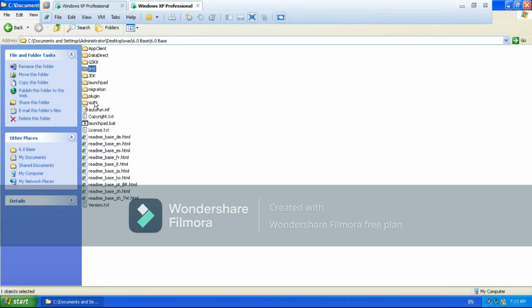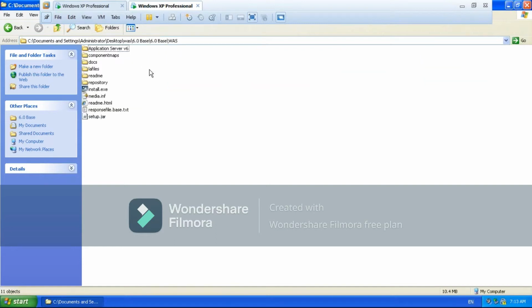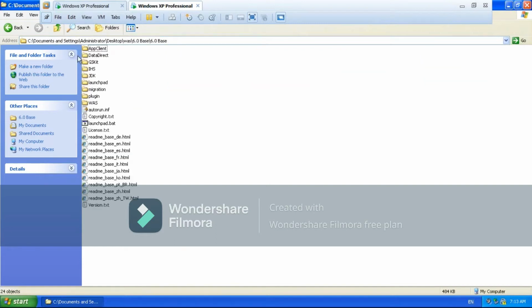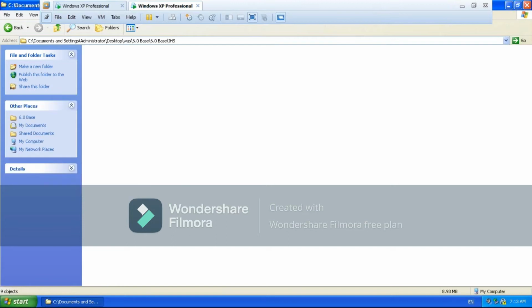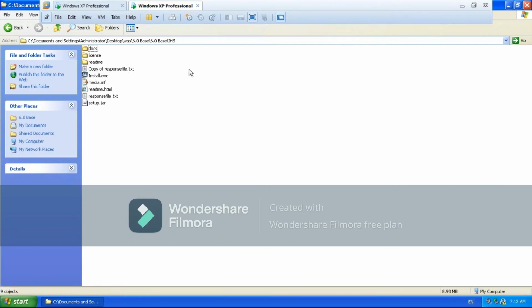If you go inside the folder VAS, you will see the complete software of VAS 6.0 base. If you go inside the folder IHS, you will see the complete dump of IHS, IBM HTTP Server, which is a web server. The complete dump of web server base software 6.0.